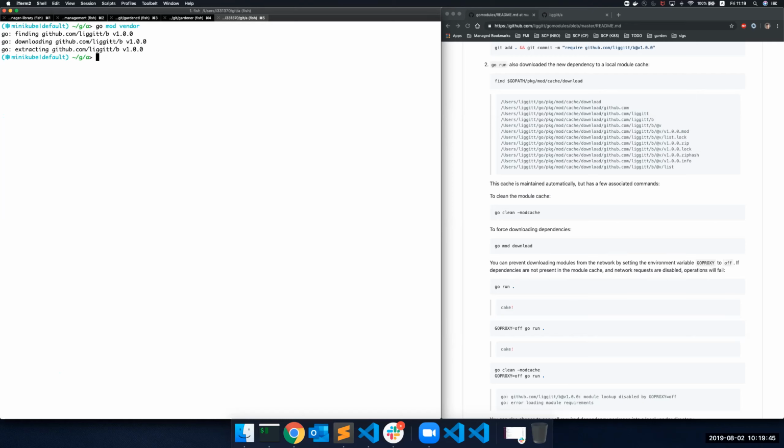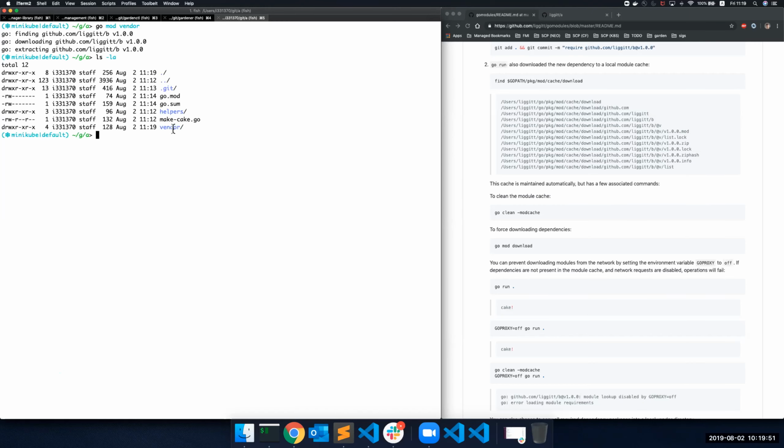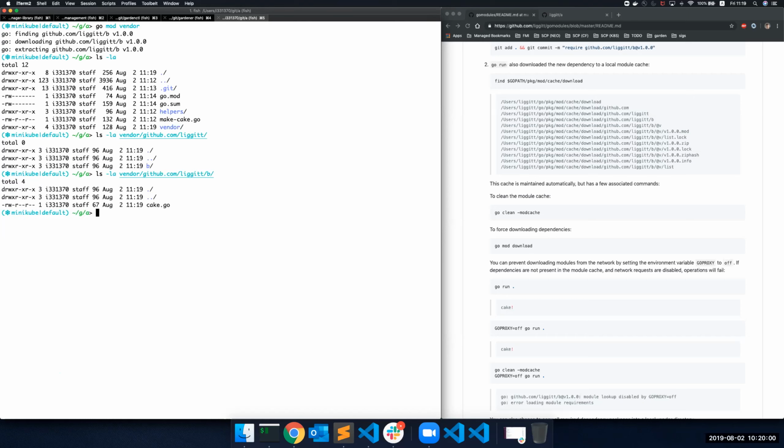It will again do module resolution, and we can now see that we have a vendor folder under our package, and the source of package B is located right here. So we have a vendor. Let me try again. Let's just clean the cache, and let's try again to run our main with the vendor